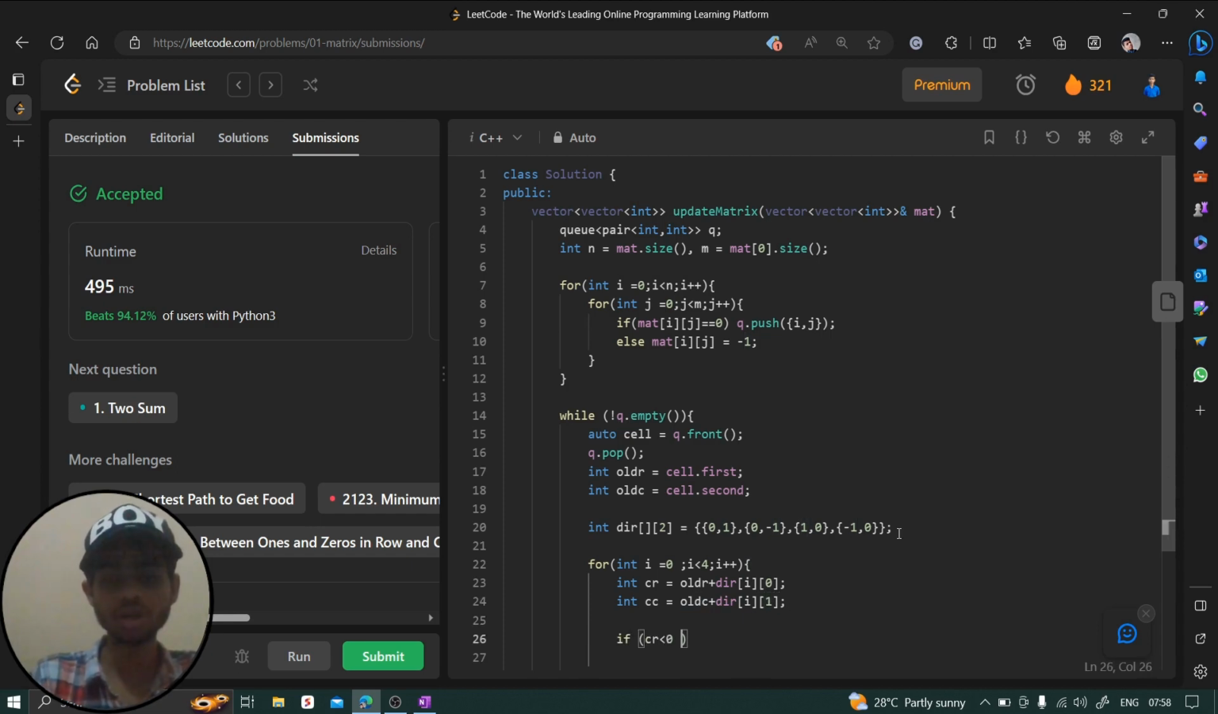If current row is less than 0, or current column is less than 0, or current row is greater than or equal to n, or current column is greater than or equal to n, or one more thing: if the matrix at current row and current column is not equal to -1, we don't need to traverse over this. So here we are simply checking if we are out of bound, or if we are not out of bound but the cell is not a -1, then